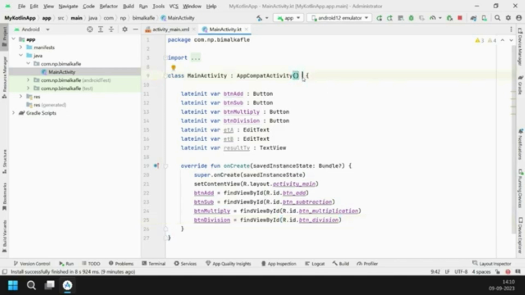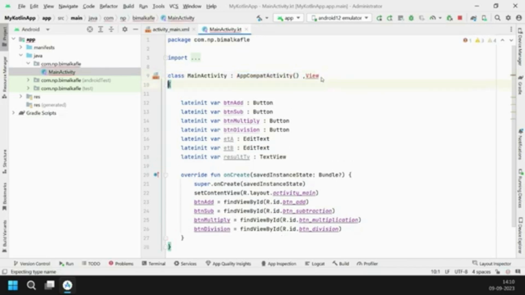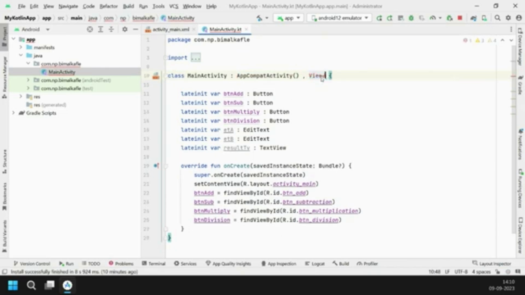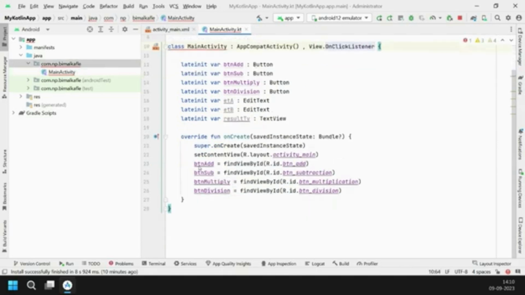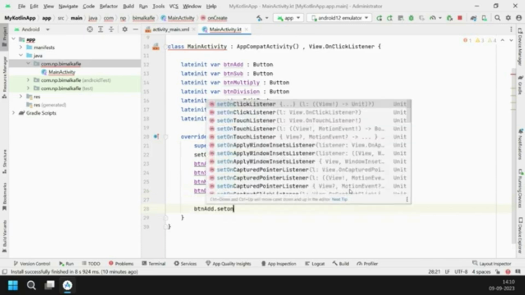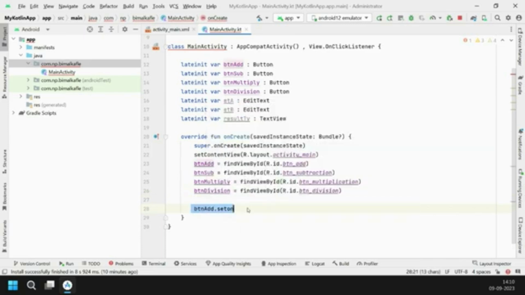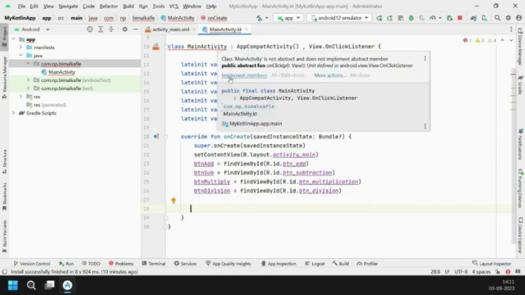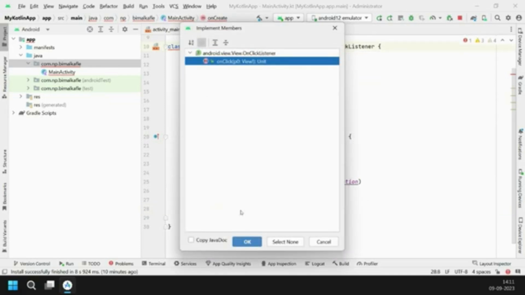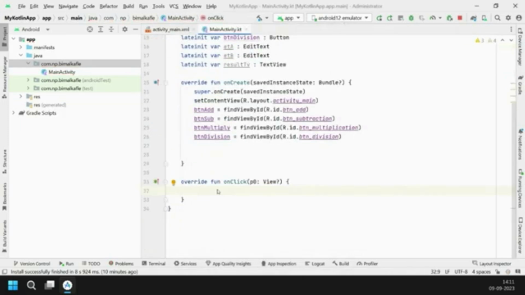You can see the color combinations that are coming in, which clearly says whatever we are trying to, the inputs are going up. Since we want these things to come onto the view page that we will be seeing, I have mentioned View.OnClickListener. Now I am trying to use the button with the method. You can see the class MainActivity has given me some highlight which says implement the method. So I'm not going to write the method. I'll click on it and my method has been created over here.